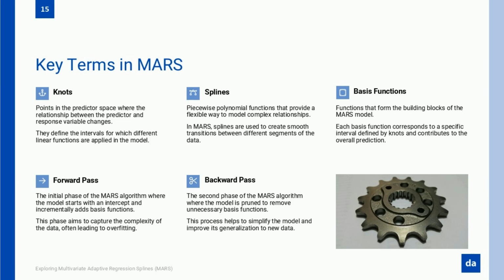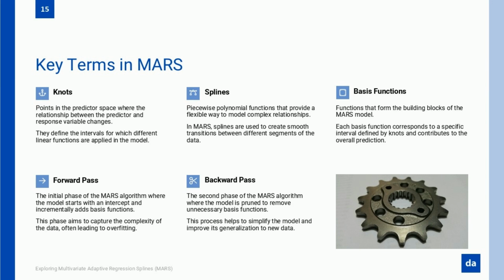At the core of Mars are basis functions. These are the small, flexible mathematical components that allow Mars to model nonlinear relationships. Instead of using a single equation to represent the entire data set, Mars breaks it into sections, using different basis functions in each region. These functions capture shifts, interactions, and complex dependencies, allowing the model to adjust dynamically to the